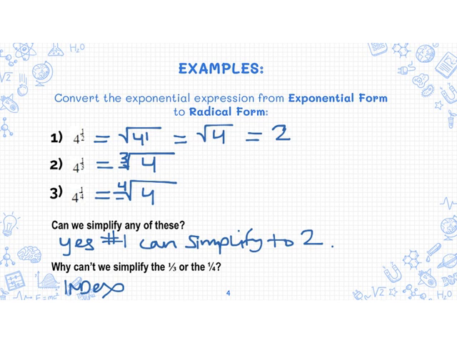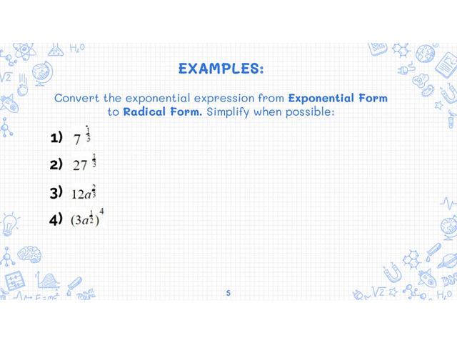So because the index is a 3 and a 4, is y. We don't have groups of 3 and we don't have groups of 4, with 4 being broken down to 2 and 2. So that's why. All right, moving on. So we're going to convert again from exponential form to radical form, and then we're going